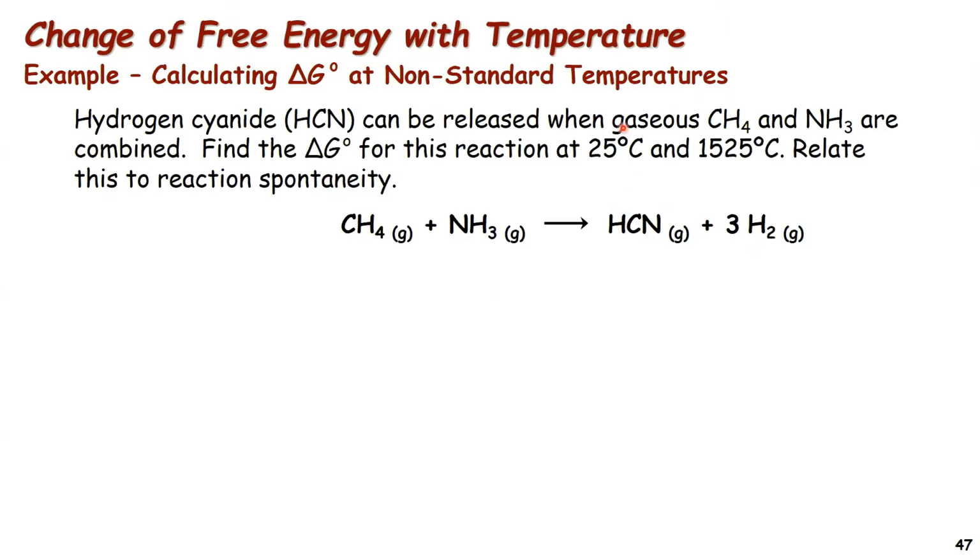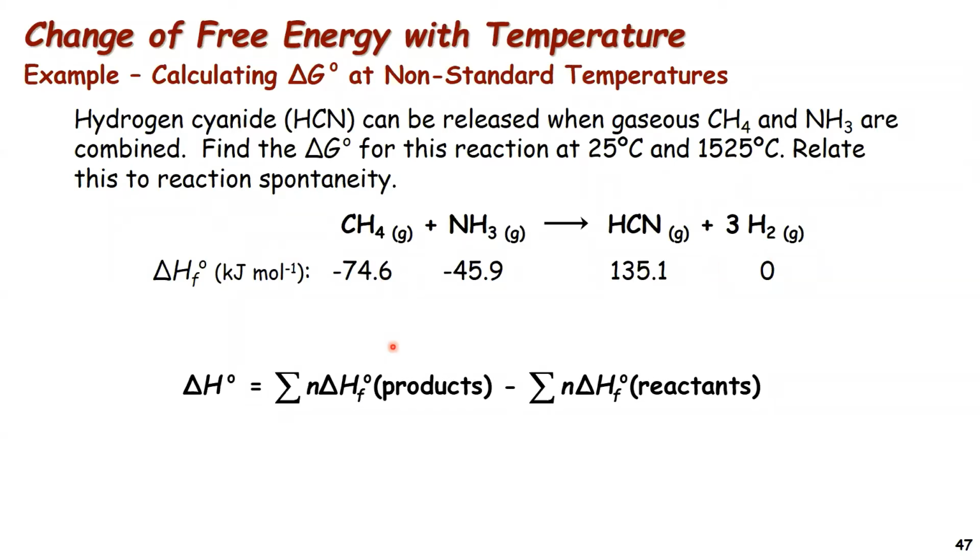Now, at 25 degrees Celsius, we could just use the free enthalpies of formation in that summation law. But since we are going to have to calculate it at a non-standard temperature anyway, that would just actually be a whole another calculation that I'd have to do. So I'm just going to calculate the free energy change using the equation del H minus T del S. So I am simply going to calculate then the change in enthalpy from the enthalpies of formation and the change in entropy from the absolute entropies. So I'm going to have to look up those values in the tables of chemical data for each of the reactants